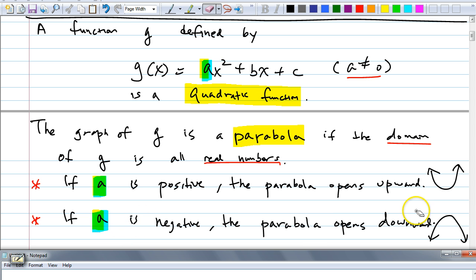If a is negative, then you get sort of a sad face. Does that make sense? I'll show you how it is. I have a good illustration to show you. So write this down. When a is positive, in other words, if the leading coefficient of this quadratic term